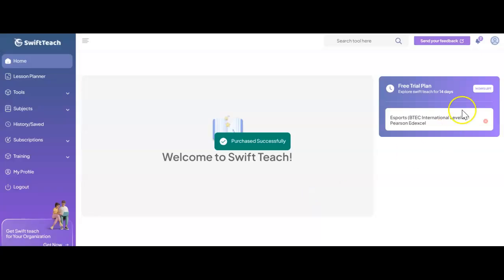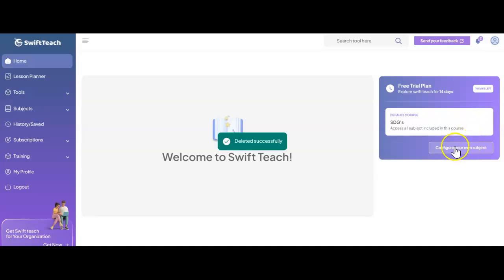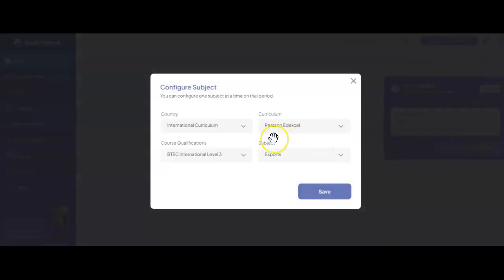Once I press save, you will see the eSports selection there, and now all my tools will have the eSports specification to drill into and utilize when creating the AI content. But in this case, we're actually going to do the AQA GCSE curriculum, so I need to change this. To do that, I click on the cross there, so I remove the subject, click on configure my own subject again, and this time I'm going to go